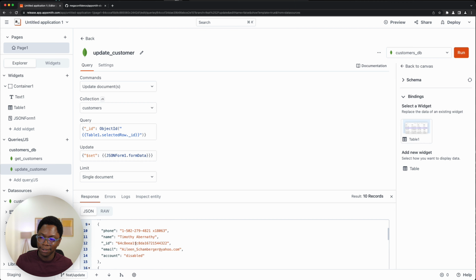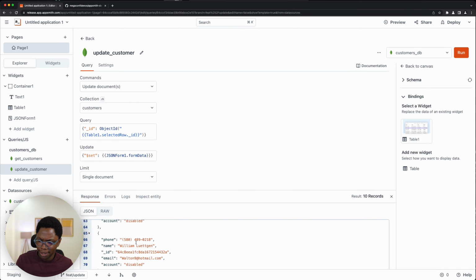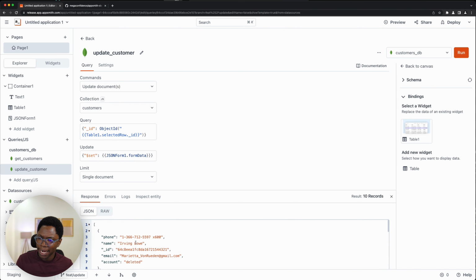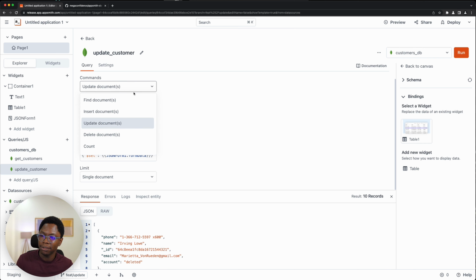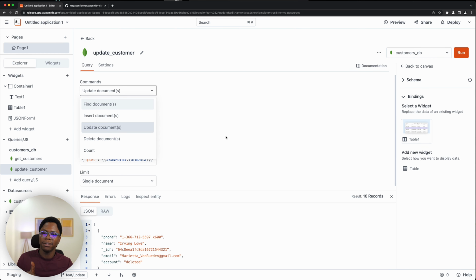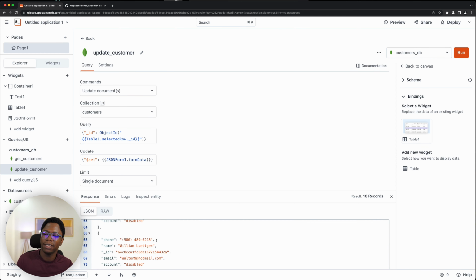It does, and you can see the returned data. Not sure why it's returning multiple items. Oh, this should be update document. Okay, single document. All right, so I think the command is correct, but I'm not sure why it's returning multiple